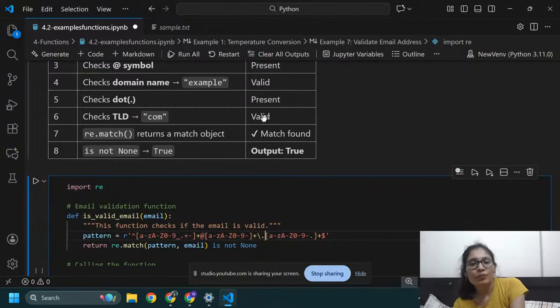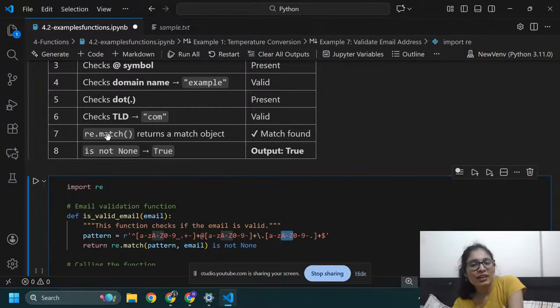And after dot it will check com. This is for com, which may start from a to capital Z, between a to Z, capital A to Z, small a to z, and from 0 to 9. This is also valid.